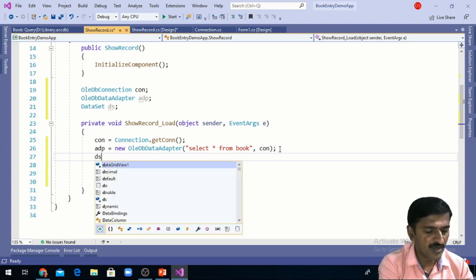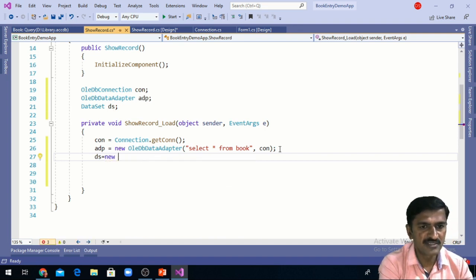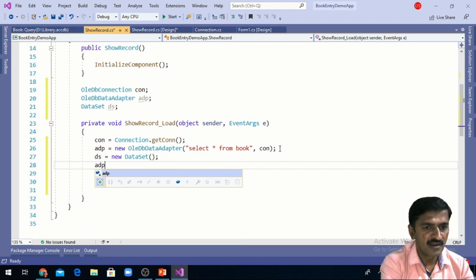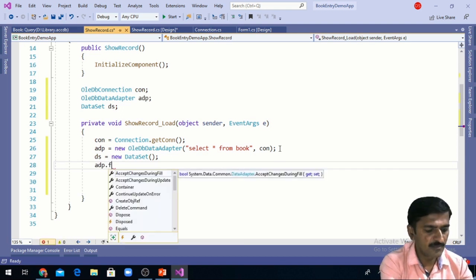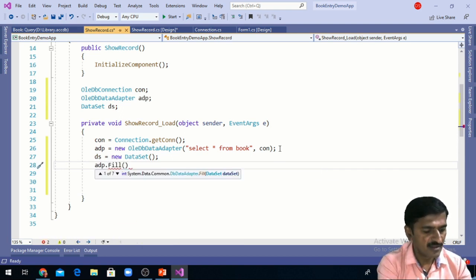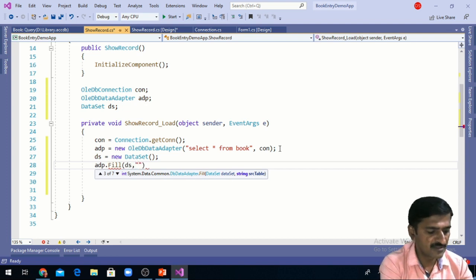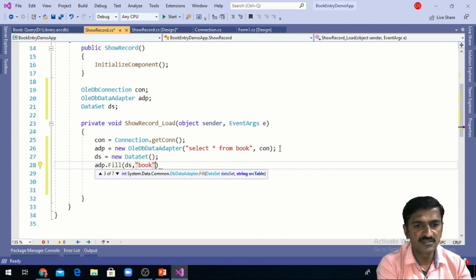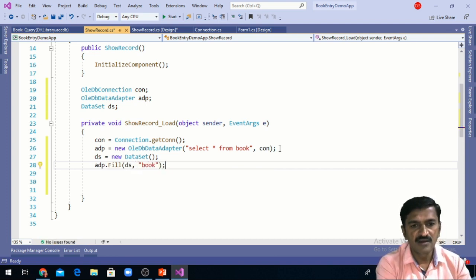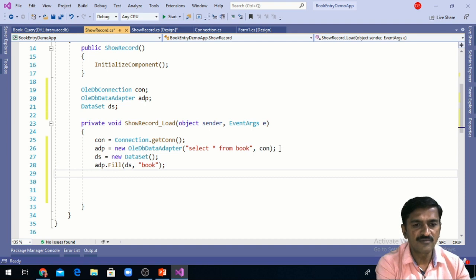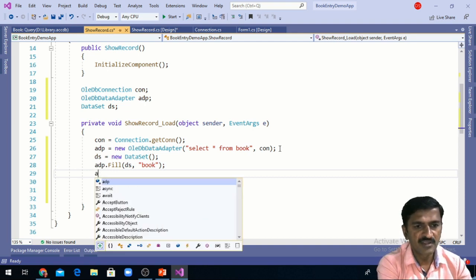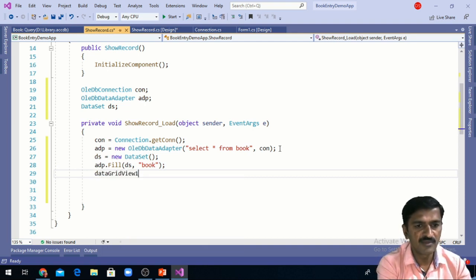This adapter contains the records returned by the query. I am going to fill these records into the DataSet. So I initialize the DataSet, and using this ADP I fill the records into the DataSet, specifying the name as book. This is the temporary table name that I am going to use in the DataSet. Then I can assign the records of the DataSet to the DataGridView that we designed on our form.